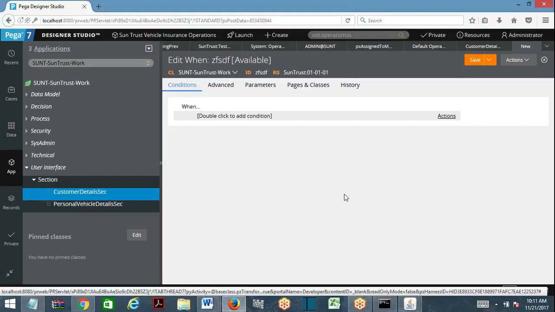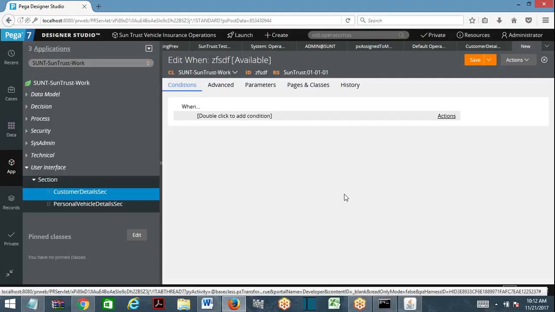One step I want to execute only for a certain operator. That is my requirement. How do you verify? Only for one operator I want to verify, I want to execute this step. Otherwise, skip the step. What are the ways to do it? You need some condition, but I am not providing any one condition. I am asking you to do it with the privilege. Only those operators which have this privilege.